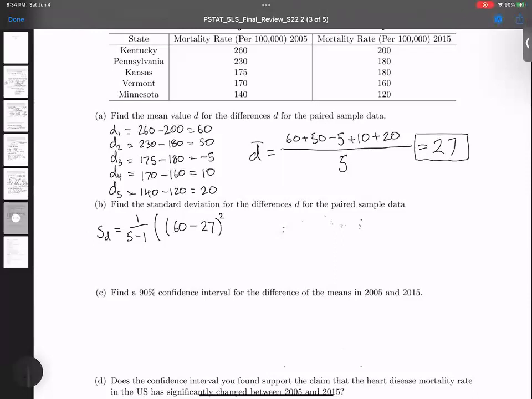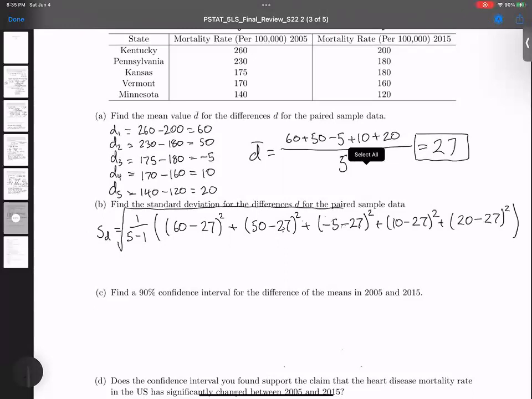Take that and square it. Then we add with our second difference, which is 50, subtract the mean, square that. Then we take the third difference, which is -5, minus the mean, square that, and add that with 10 minus the mean squared, add that with 20 minus the mean squared, and then everything is underneath